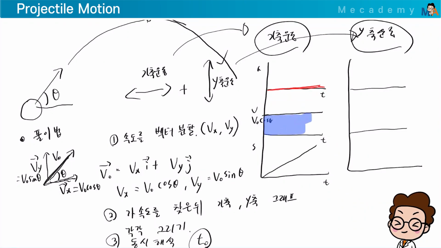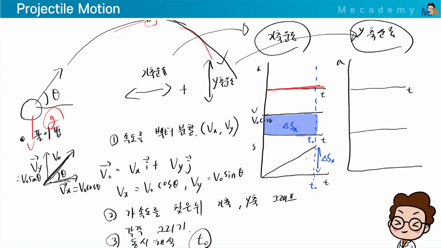So, look at this. Let's call this change delta s with an initial position s0. Let's say this is an arbitrary time t0. If it's an arbitrary t0, what about this height? The displacement becomes delta s sub x, which is the distance moved along the x-axis at time t0. And how about the y-axis? The y-axis has gravitational acceleration g, right? It's being acted upon by gravitational acceleration g downward, so it goes up, stops, and then comes back down. That's the motion on the y-axis.